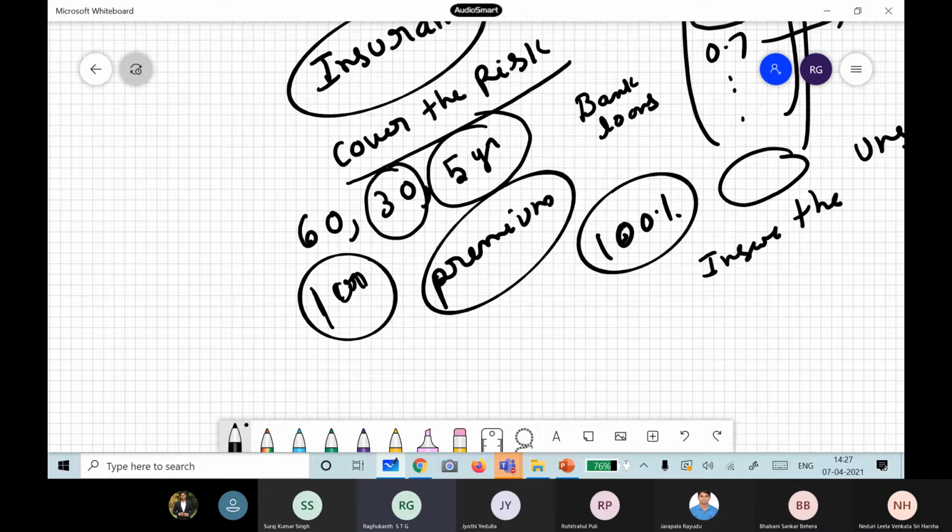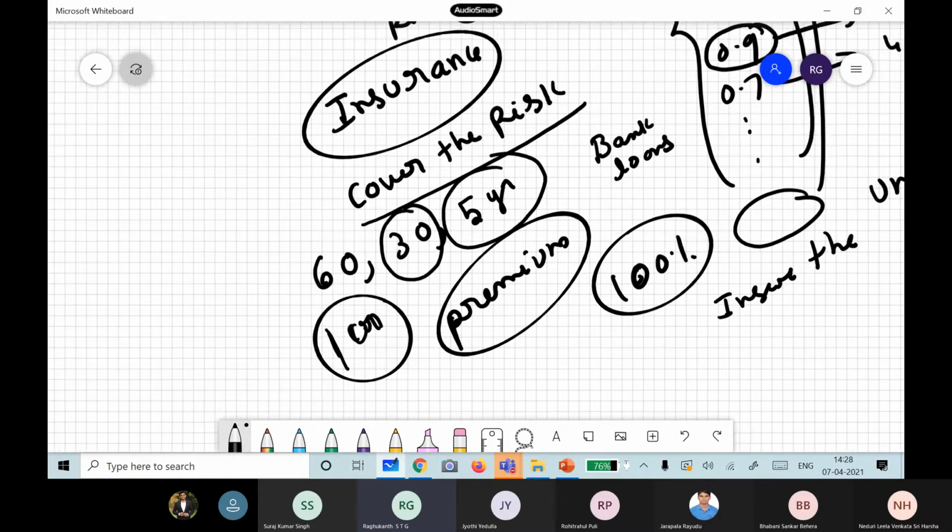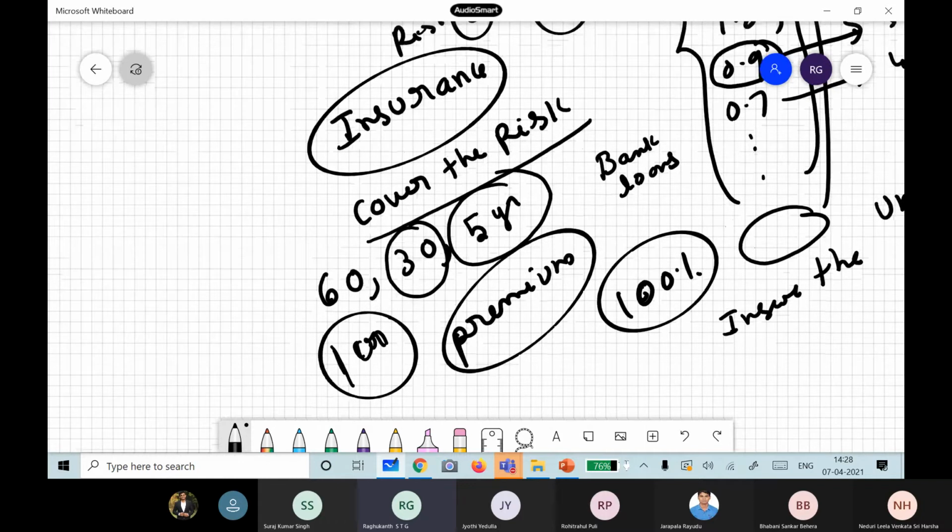So there are insurance companies where they insure the building. Suppose the building collapses, the whole money will be paid by the insurance company to the bank itself. So this concept has entered our design also, and especially in earthquake engineering, this insurance plays a major role. There are many companies, like risk management solutions, Taru consultants, applied insurance research.